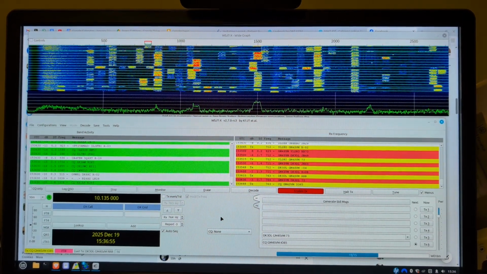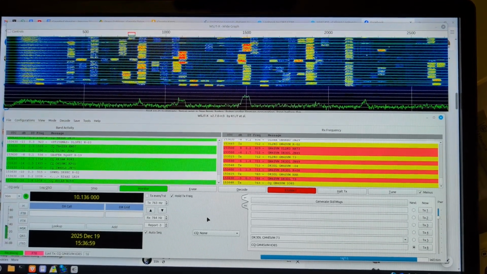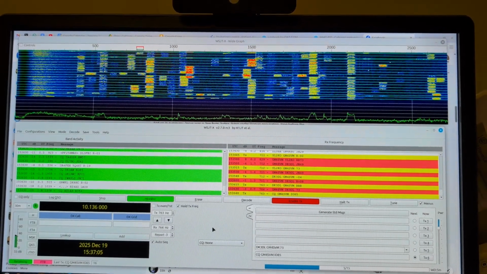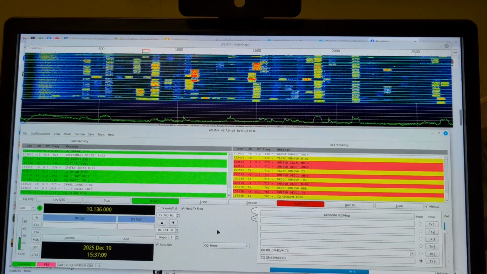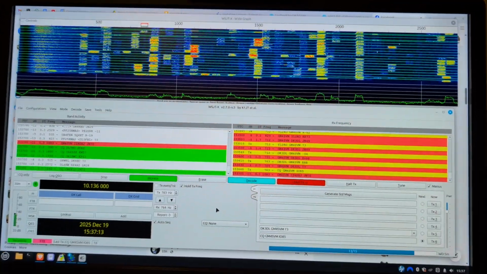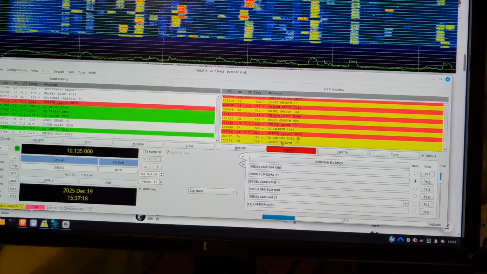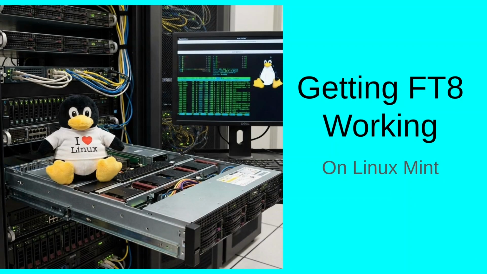Okay, so here we are operating FT8 on Linux. I've operated FT8 on Linux before on a different machine, but I recently ditched Windows 11 on my main desktop to run Linux Mint. So, there's an IZ8 coming back to me. I'm on 30 meters. In this video, I'm going to be explaining how I got FT8 running on a Linux